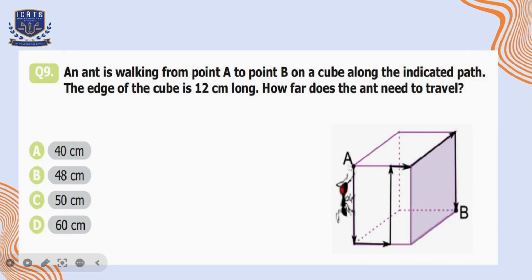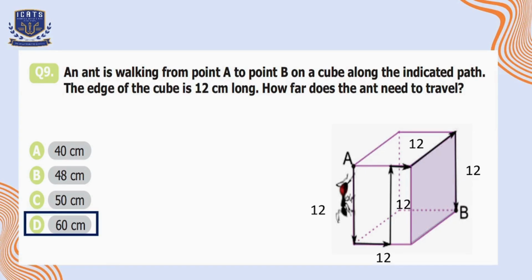So if the length of a cube is 12 centimeters and the ant traveled this side and covered 12 centimeters, then it's quite obvious the other two longer sides are also 12 centimeters. Then the width of the cube is 12 centimeters. So breadth is also 12 centimeters. So the ant traveled some of the part here and the rest of the part is covered from here. So the total is 12 again. So 12 fives are 60 centimeters. So option D is the correct option here.